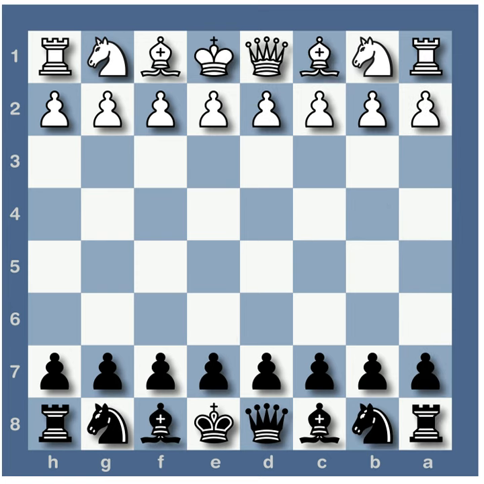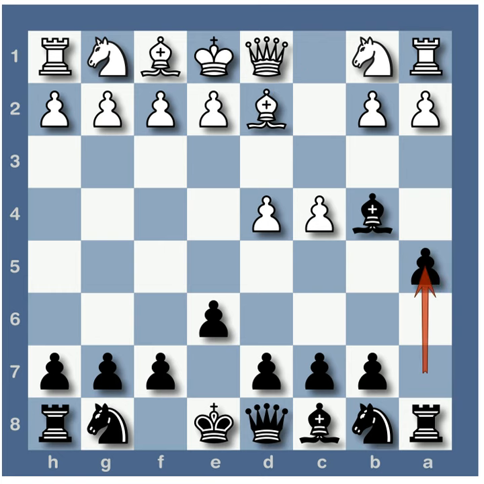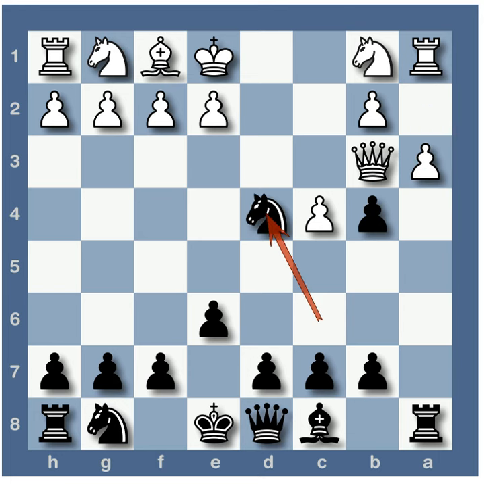I'll just go back to the beginning and show this again. Bishop b4 check is the Keres Defence. White blocks with the bishop. I protect the bishop with a5. Swap off. White attacks the pawn with the queen, and then further with a pawn, leaving me the option of knight takes d4, attacking the queen, and white falls for the trap of queen takes b4,